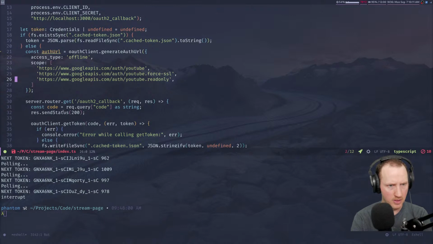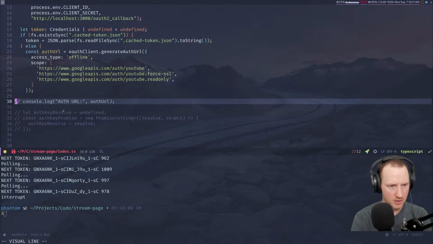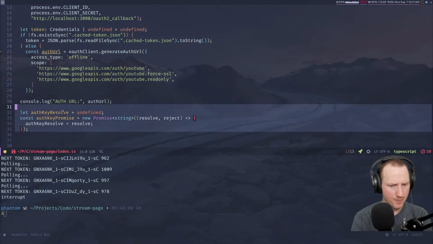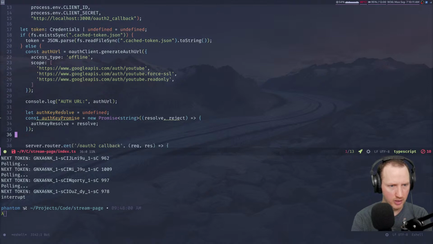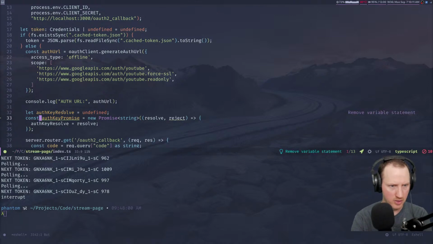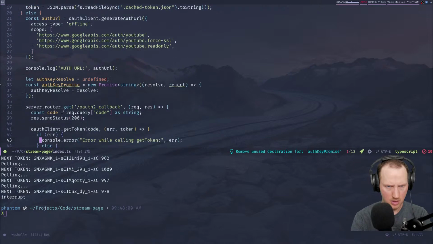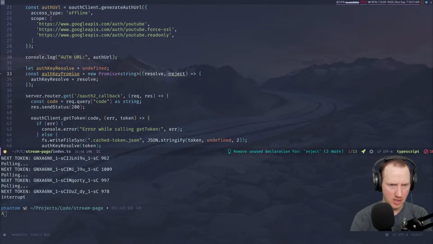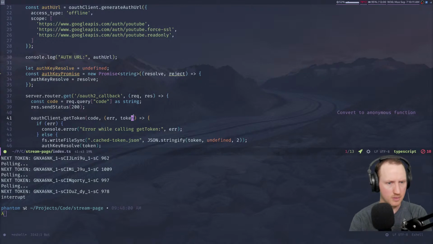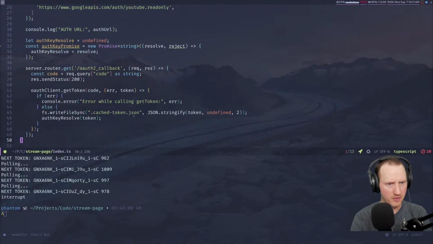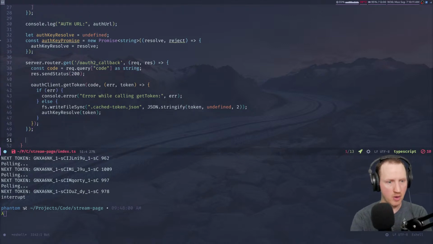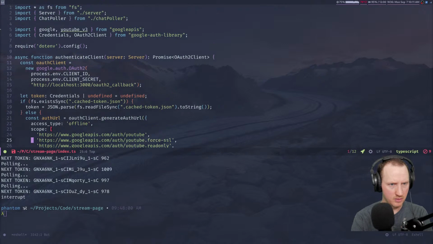So here what we'll do is create the promise, and then we can manage it internally and not have to worry too much about it. Okay, so we have auth key promise, and we don't use reject. Yeah, I don't really care. I mean, it can squiggle it all at once. All right, so auth key resolve, and we've got that registered, and what we'll do is await that here, await auth key promise. I think we had code for that. I may have already deleted it by now, but